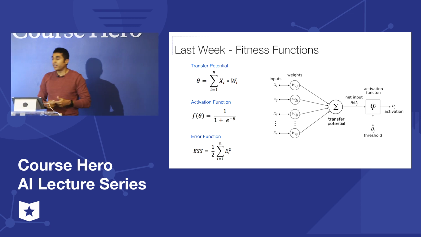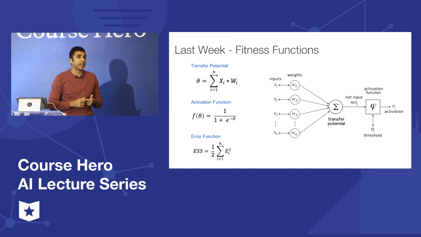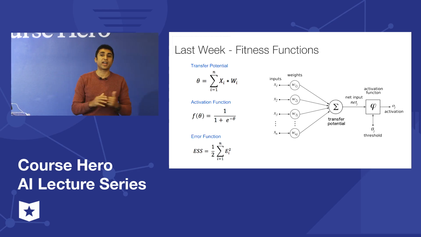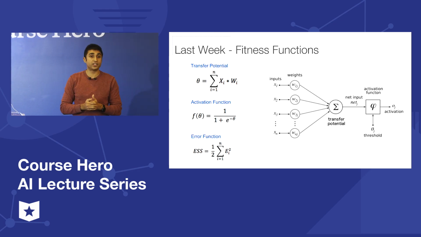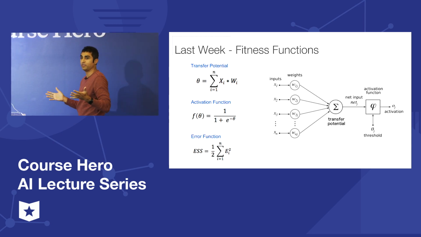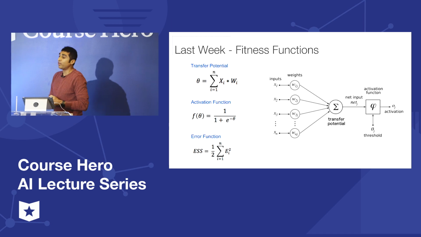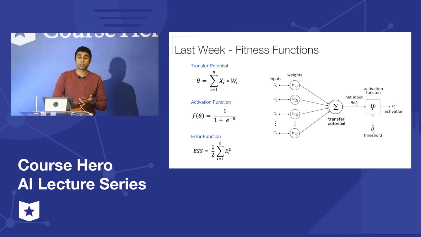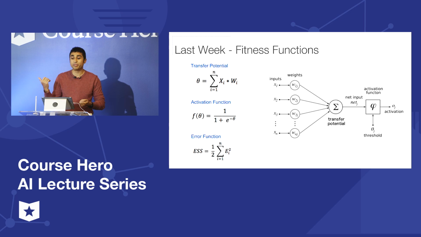Now, which one? So I've already written the activation function over there. Can we identify what it is called? That equation is a sigmoid, correct? Who said that? Nathan? No? JD? You can have different types of activation functions. You can have different types of error functions. You can have different types of summation or transfer potential. There is no reason why it has to be this, but this was the simplest one on which we did the